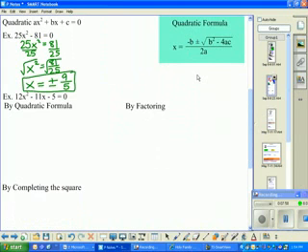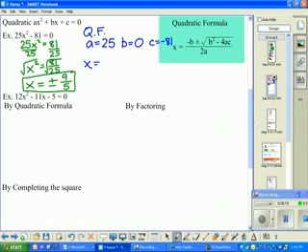So if I use the same problem, but with the quadratic formula, I would have a is the coefficient of the x squared term, which is 25. B is the coefficient of the x term. There isn't one, so it'd be 0. And c is the constant, which is a negative 81. Don't lose that sign. So x equals negative b plus or minus the square root of b squared minus 4 times a times c, all over 2 times a,